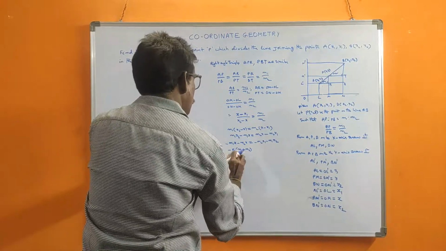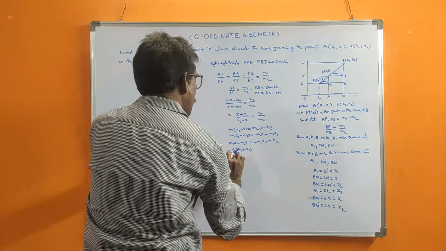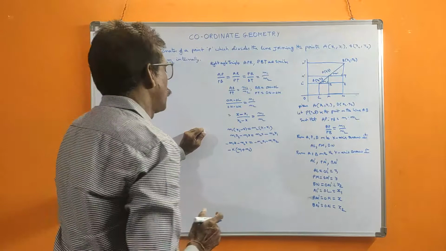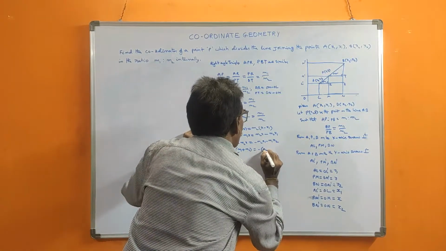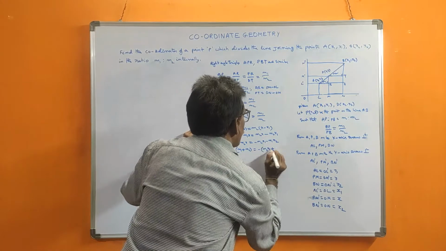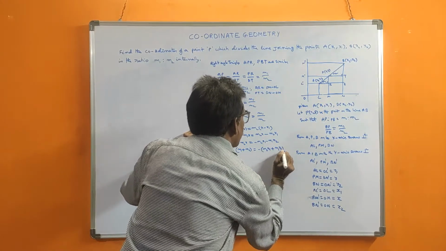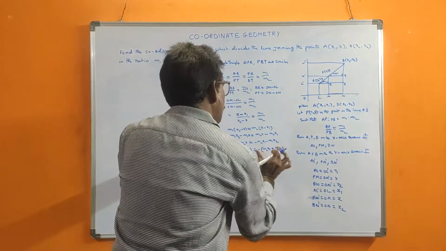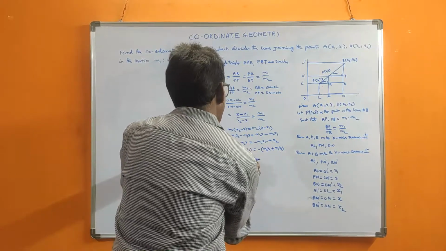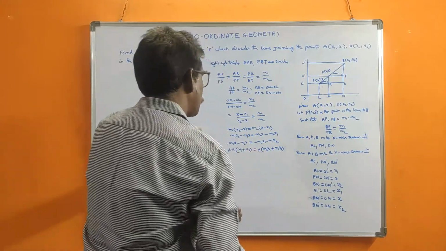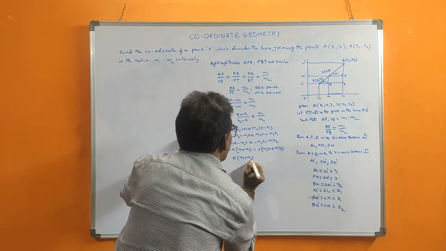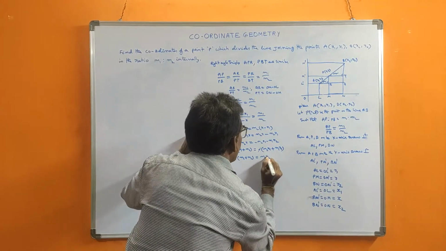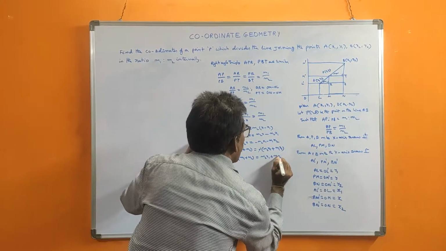See this, if you multiply minus into plus, minus X into M2, X into M2. Like this, this is common, minus common. So M2 X1 plus, it becomes plus M1 X2. Totally this minus is multiplying this, this minus also multiplying this. You can cancel the minus on both sides. Now X into (M1 plus M2) is equal to M2 X1 plus M1 X2.